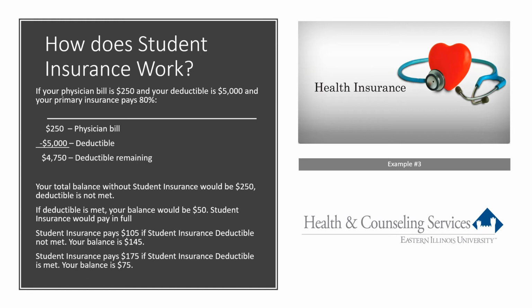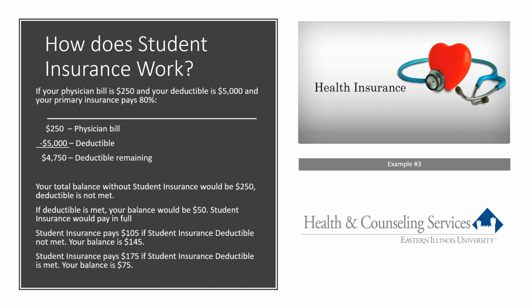In this example, you have a $250 physician bill rather than a hospital bill. The full $250 would be your responsibility if you have not yet met your deductible with your primary. For student insurance, we could pay $105, leaving you a balance of $145 if the student insurance deductible was not met. However, if you had met your student insurance deductible, student insurance would pay $175, leaving you with just a